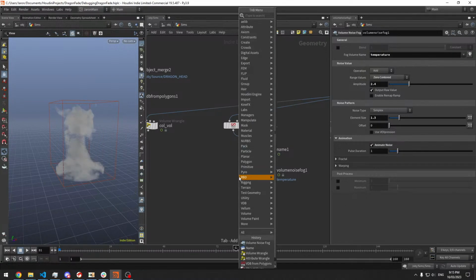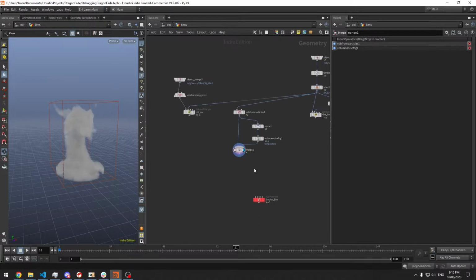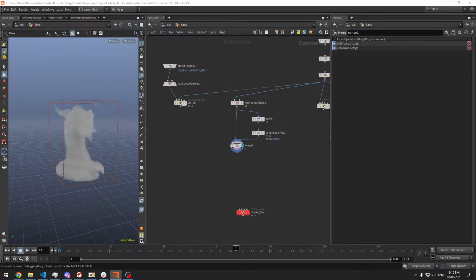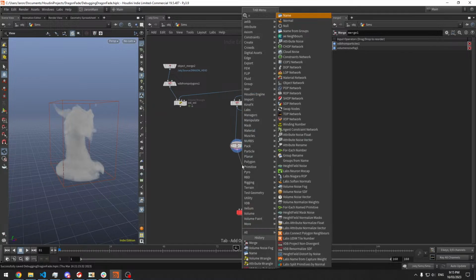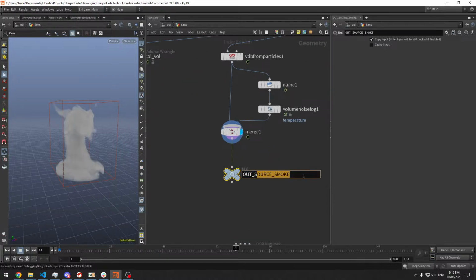Okay, you're merging it, and then that is the source for smoke. So go null, out source smoke. Rename that smoke source,